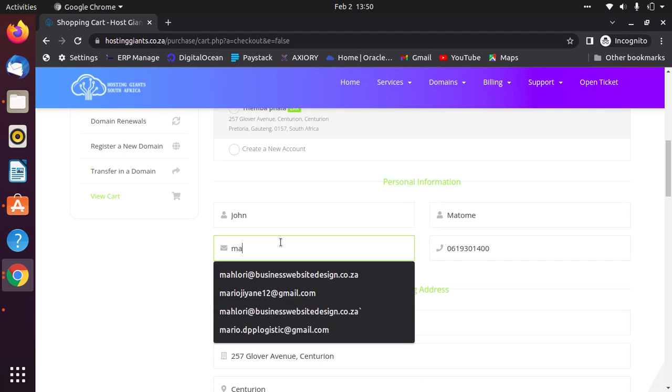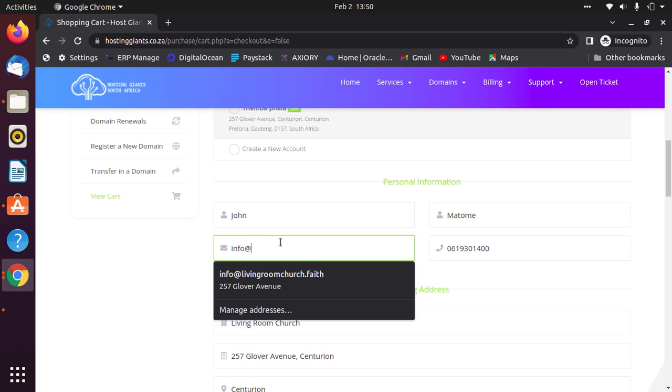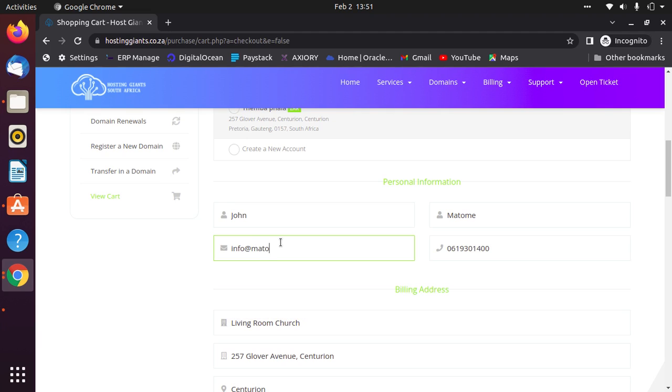Alright, and then we say info, and let's give Madome a domain. So for email, this is the email address that you're going to be receiving all the information, like your login details, your pricing, your invoices, everything. The authentications are just going to be happening. So make sure you put in a valid email address. Normally it could be Gmail or Yahoo or any email that you have access to. Make sure that's the email you use here. So we're just going to say info@Madome. We're assuming that Madome